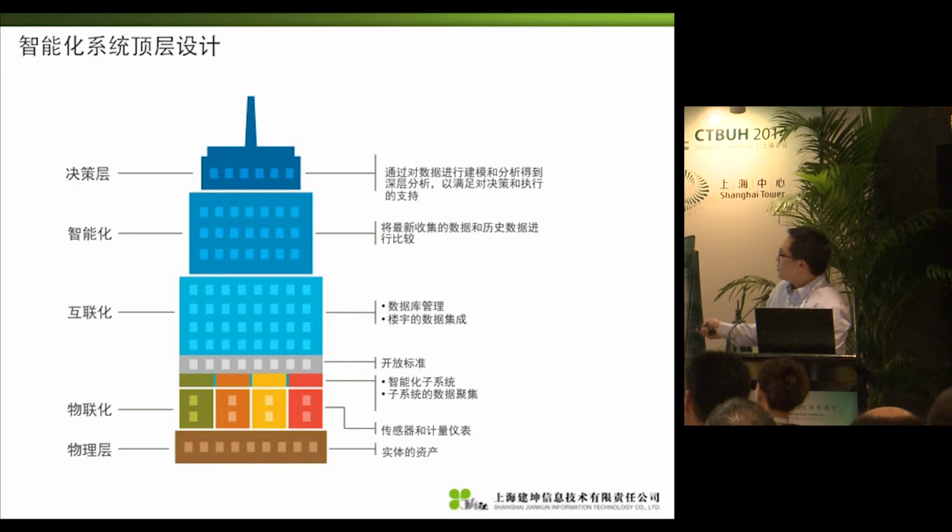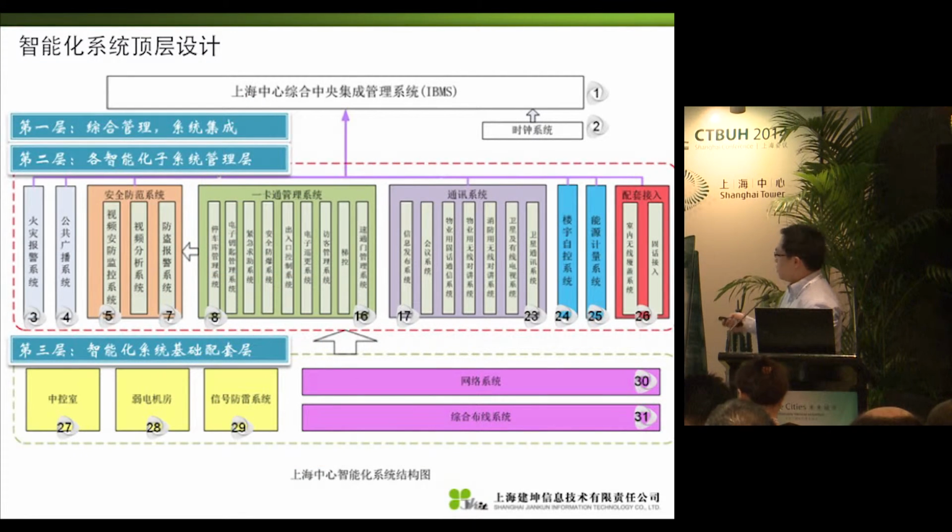The physical layer, the layer for things to connect, the internet-based level, the intelligent level, and the decision-making level. For the bottom 2 levels, we can apply the national code, but Shanghai Tower is different from other tall buildings in terms of the first 3 levels. So this is the architecture of our entire system, including the subsystems. There are altogether 3 systems, including 31 subsystems. And in the 3rd level, that is the basic level,